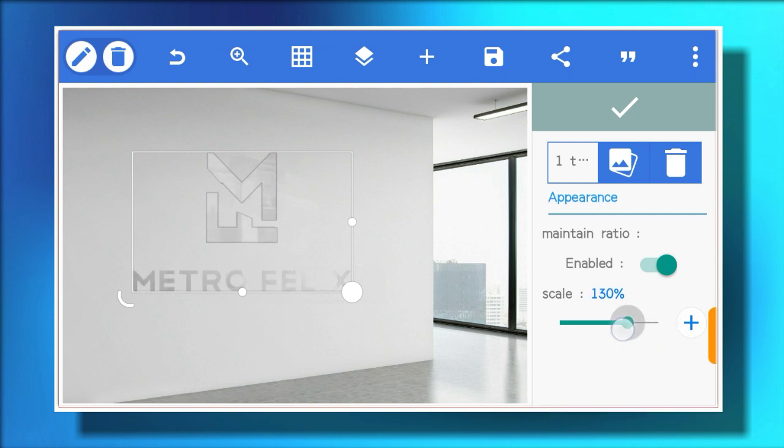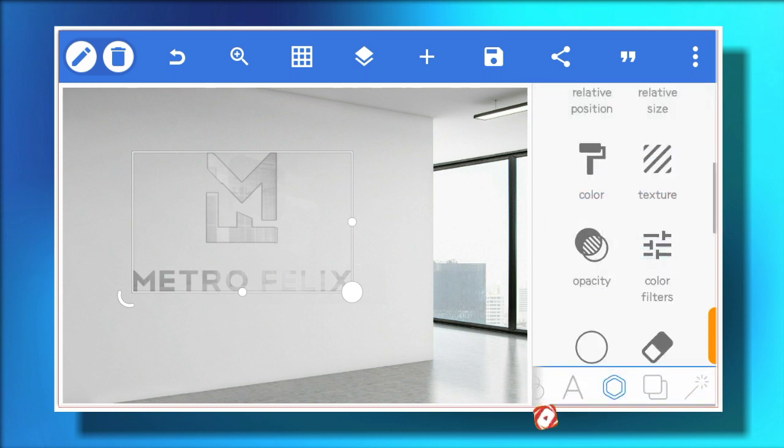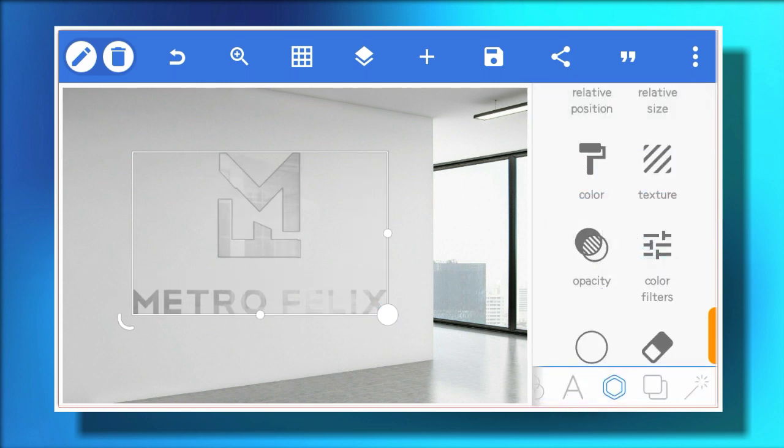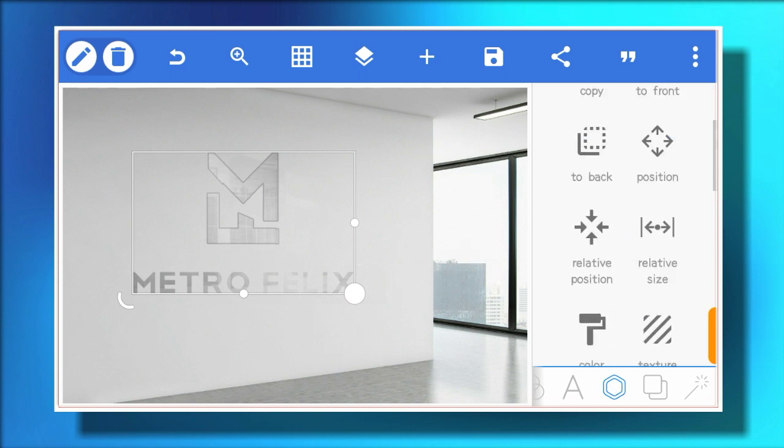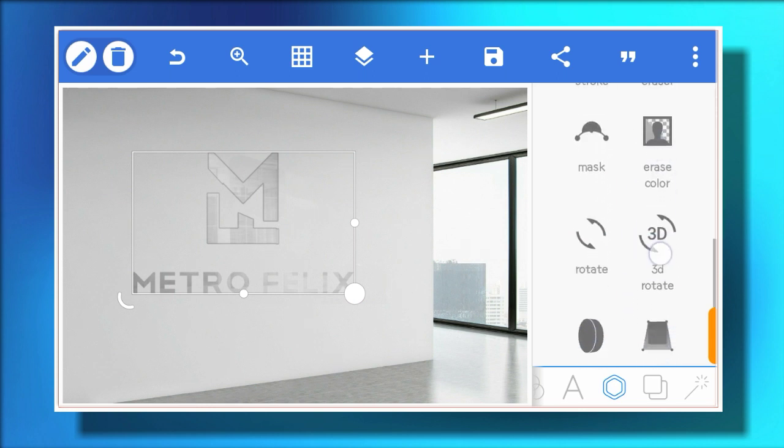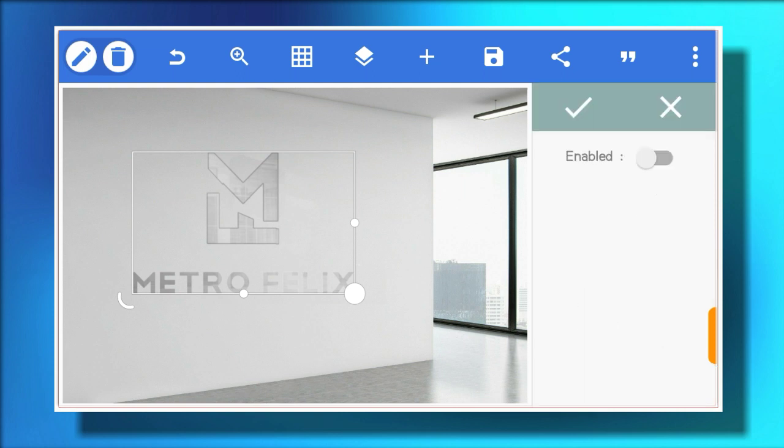So you make sure you enable maintain ratio. You adjust the scale level the way you see me doing it. So when you get the text you want, you okay it. Then you adjust your logo again, increase the size a little bit if you want. That depends on how you want yours to be. When you watch mine carefully, you go to